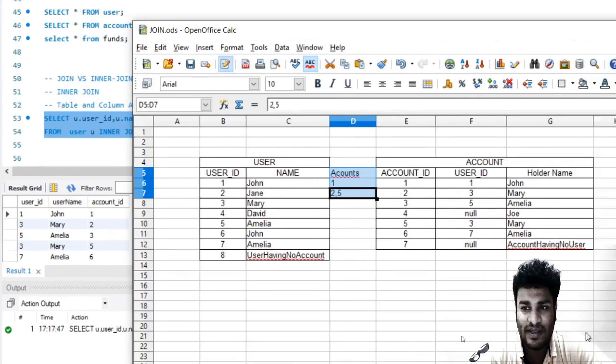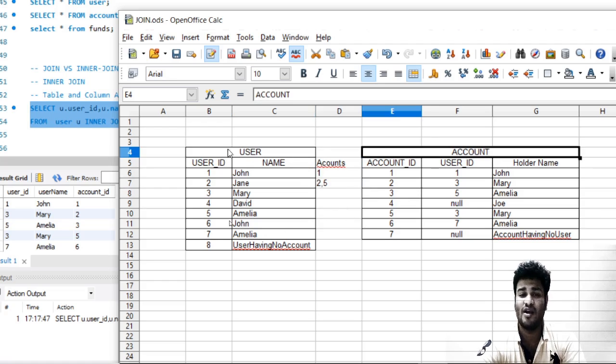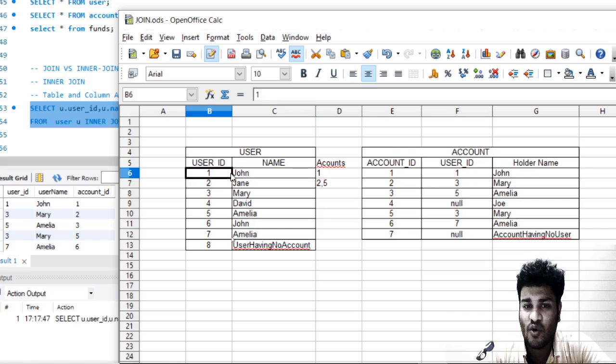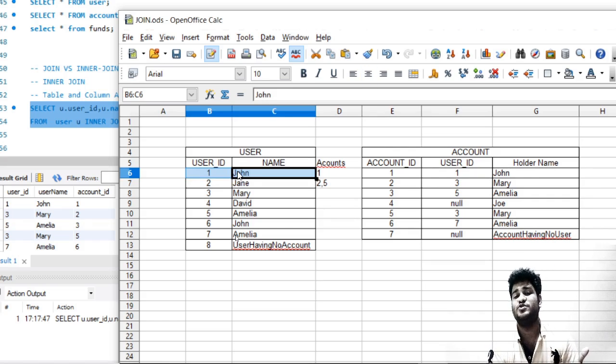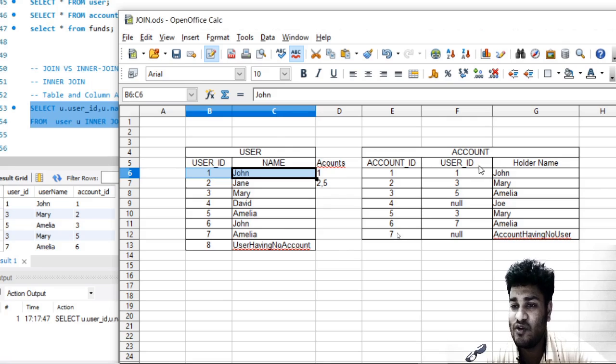So as we open the Excel, now what we will see is that we have done an inner join on table user and account using column user ID. So what will happen? The system will take up the first row of the left table of inner join. Left table of inner join was user inner join account, right? So it will take the first row of this particular table, and it will compare to all the rows of account table.